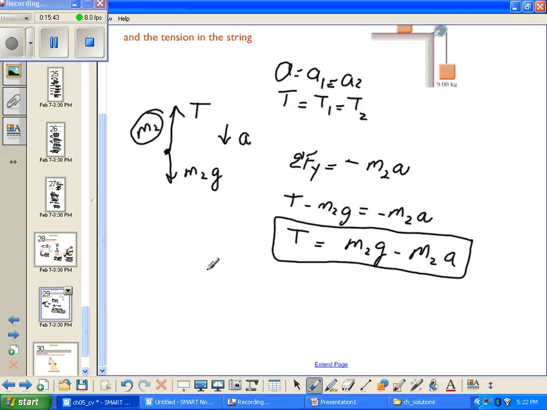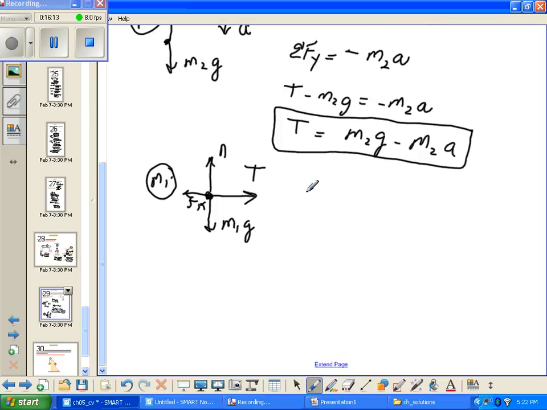All right, let's look at the other block. Let's look at M1. In the case of M1, we've got both forces along the horizontal. Here that would be T as well as F sub K, the force of kinetic friction, and forces along the vertical, M1G and the normal force. However, since the mass M1 stays in contact with the surface, we know that the forces along the Y